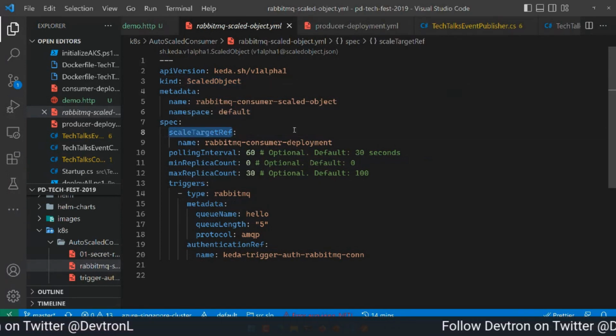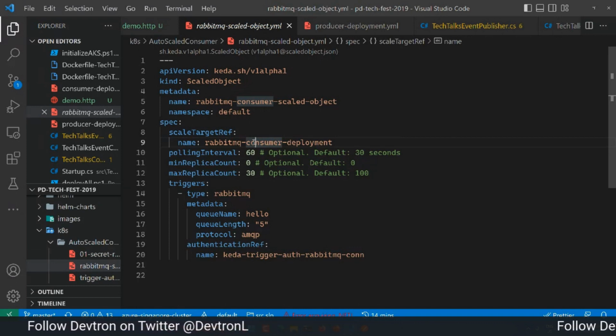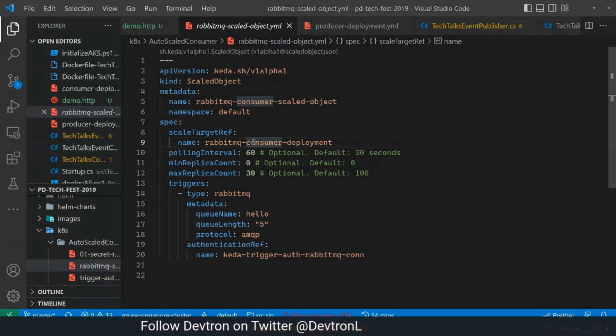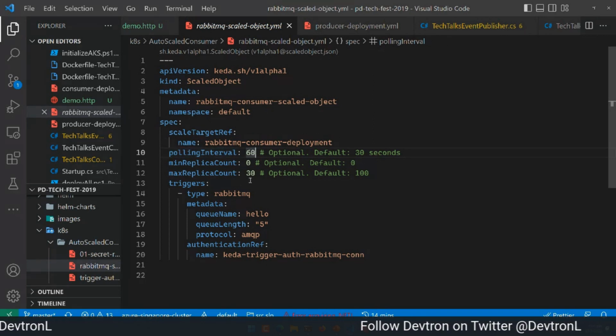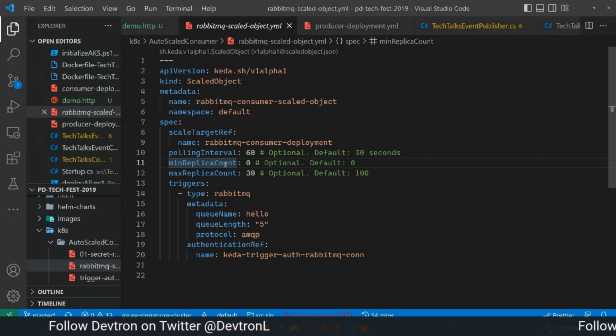It has a scale target reference, which is the consumer deployment. So basically, I'm telling KEDA that using this scale object definition, you look at this RabbitMQ consumer deployment. There is a deployment in my cluster which is named RabbitMQ consumer deployment. You should poll this particular RabbitMQ every 60 seconds. And then you should keep the minimum replica count as 0